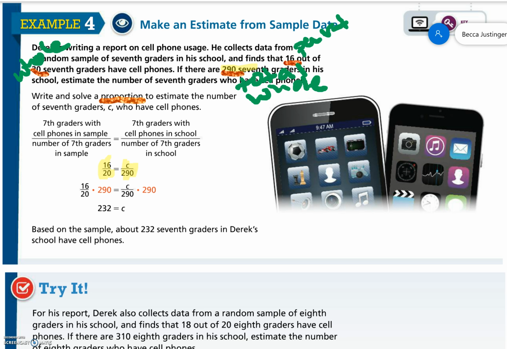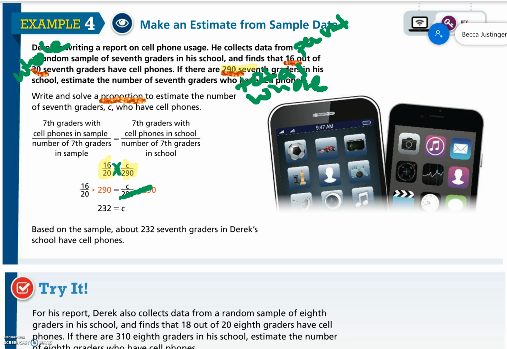So you can do 2 things here. You can cross multiply, or you can just try and get C by itself. You can see that C is being divided by 290. That's why they multiplied by 290 on both sides, because it would cancel out on the left. But if you wanted to cross multiply, and I'd be totally fine with that, all you have to do is